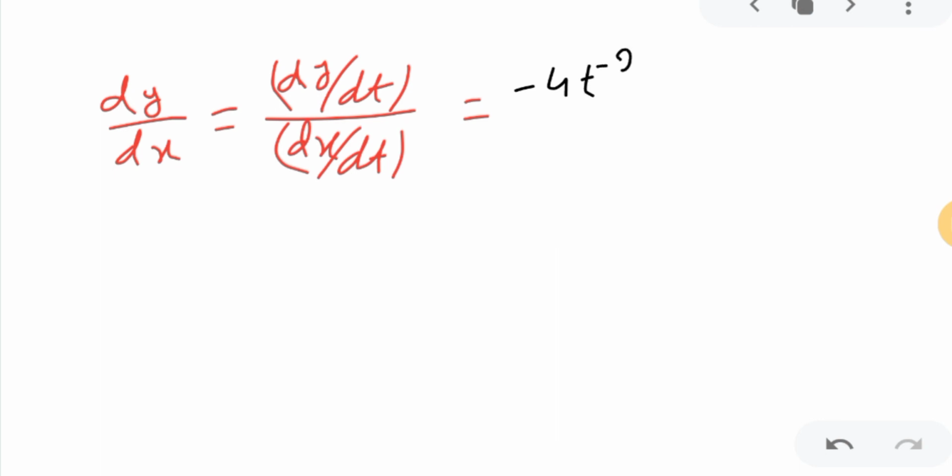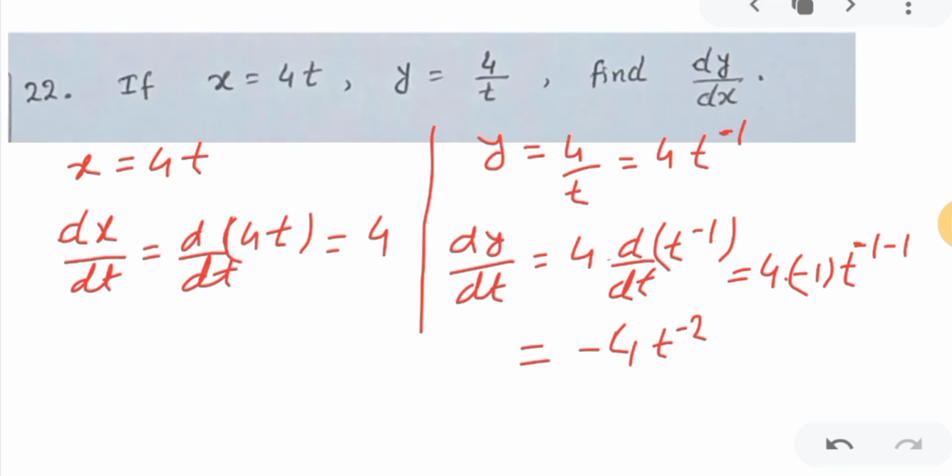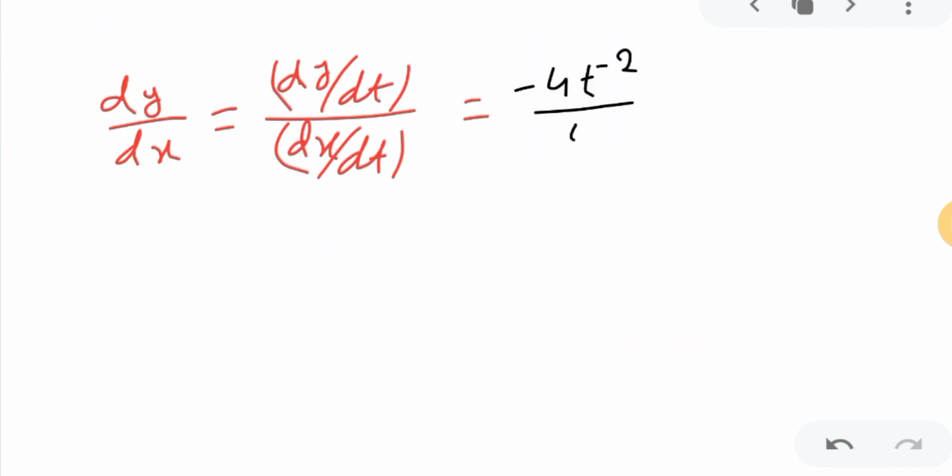If you are not understanding, it means you are not following the video properly. Okay, you are not going in sequence. So please go in sequence. First complete the videos I have provided, then come here, correct? If you jump here and there, then you will not understand anything. Okay, so dx upon dt is 4, because if you study in sequence, then only you will understand.